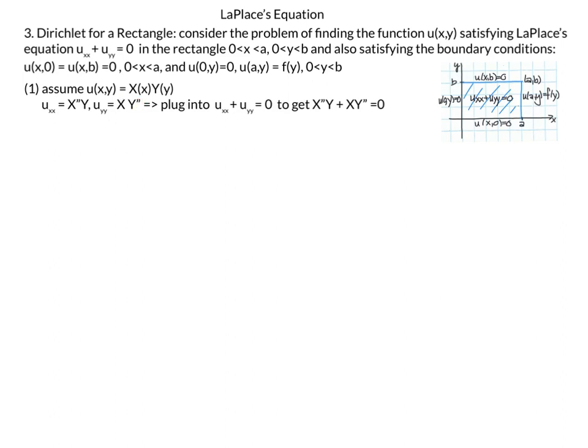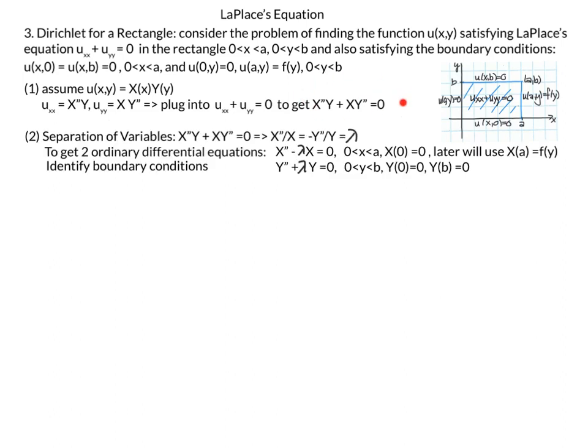So then we can plug it into our Dirichlet equation here, our u_xx plus u_yy equals 0, and what we will get is, so u_xx is X''Y, and our u_yy is XY'', and that equals 0. We will take this equation X''Y plus XY'' equals 0 here, and we'll separate